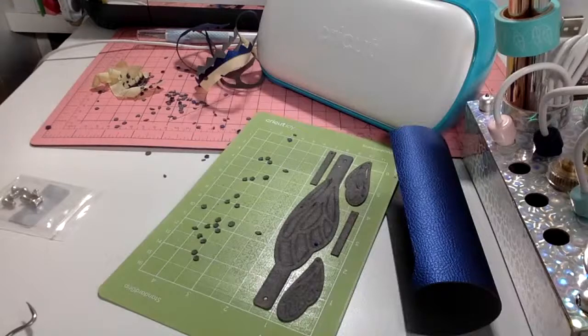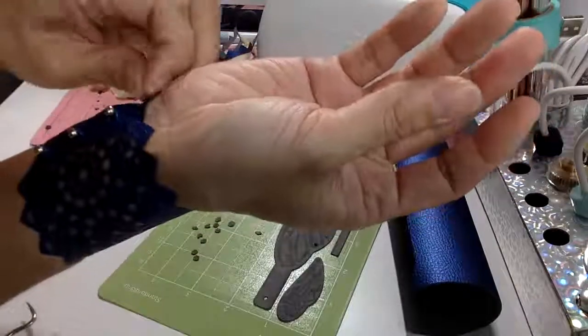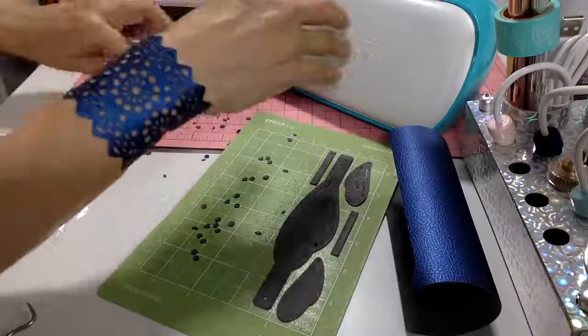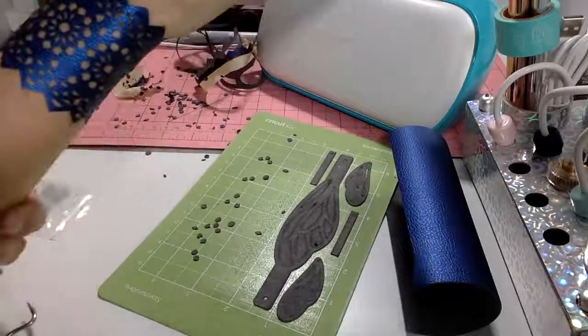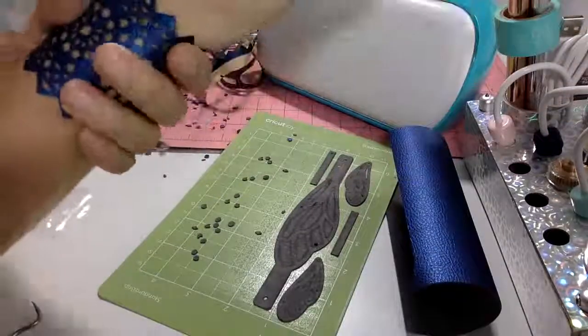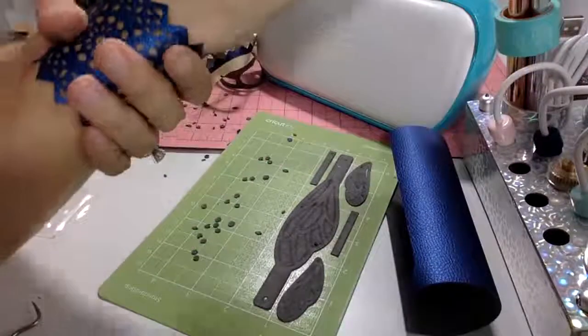And again, like I said, I did measure it. So it fits me. It won't probably fit everybody, but I wanted a tight fit. So that was just a cuff. And you can see how it goes this way. And like this. And so this is it. This is the leather cuff. If it's too tight, I may give it to my daughter. But it is gorgeous. And you can do it in whatever color you'd like, whatever kind of leather you have. But yeah, it's pretty small. Maybe I should have left another half inch just so that it can move a little bit, but